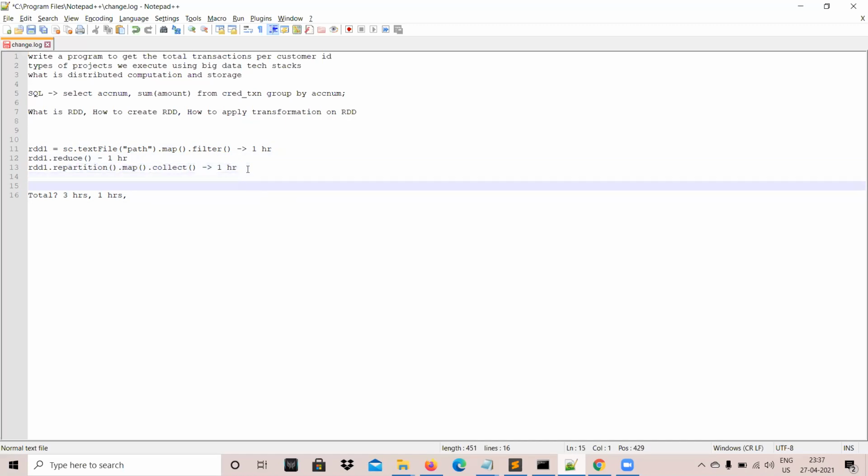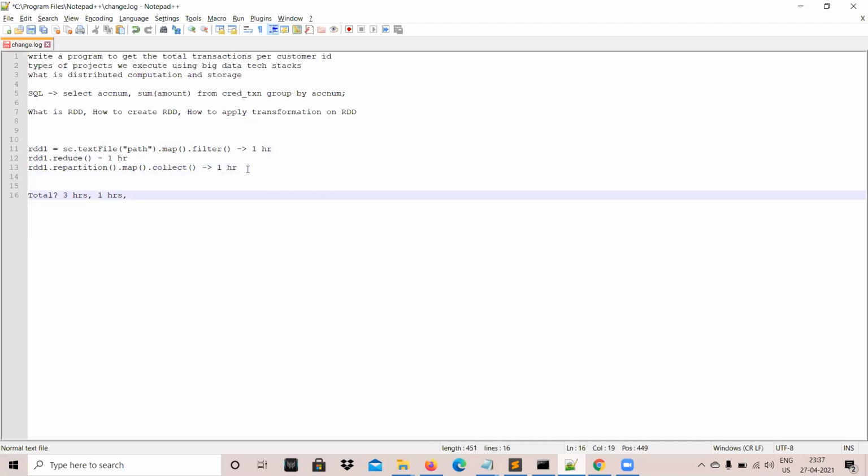Any other guess? Why 3 hours and why 1 hour? Because it runs in parallel, so all the 3 tasks execute simultaneously and take 1 hour. Okay, then why 3 hours?